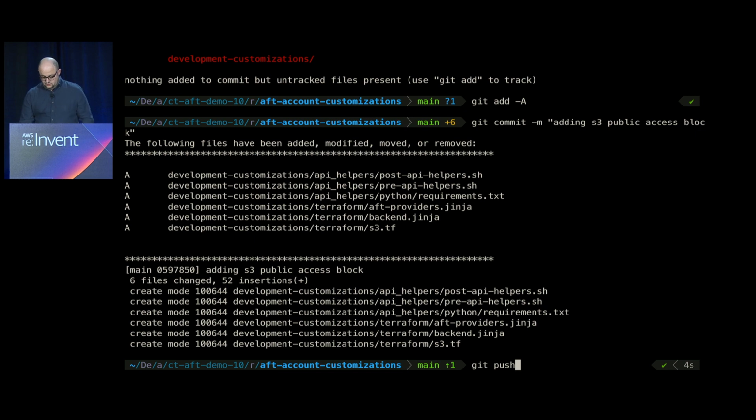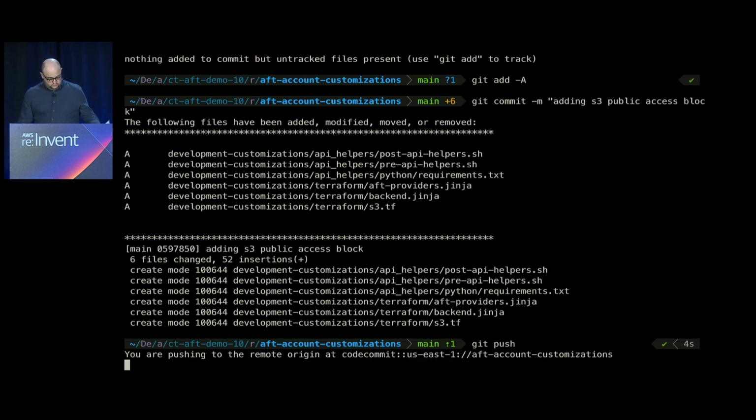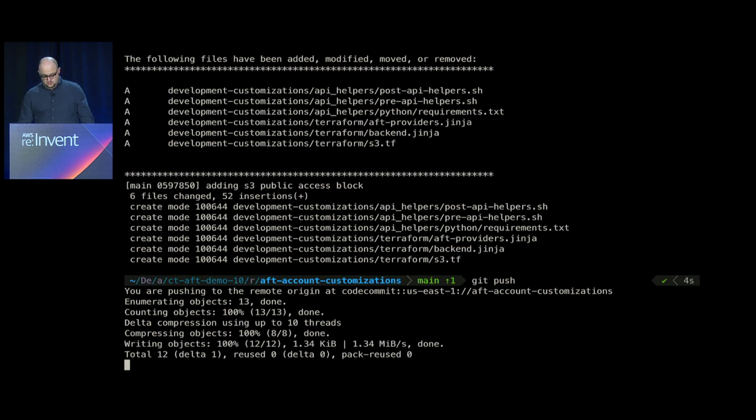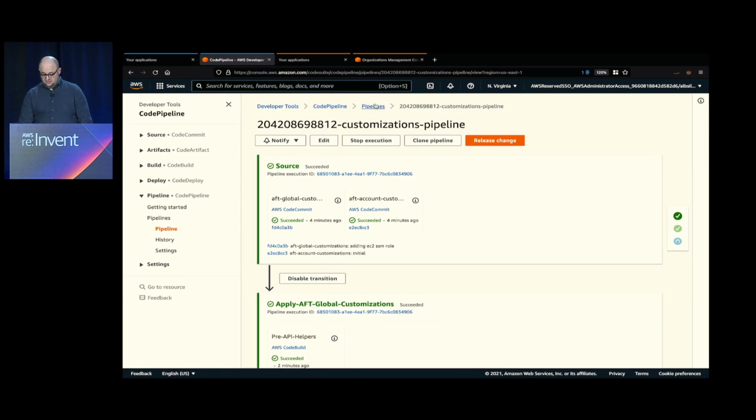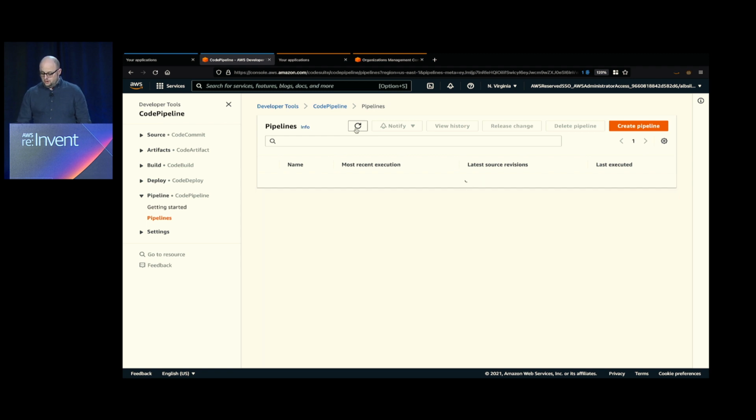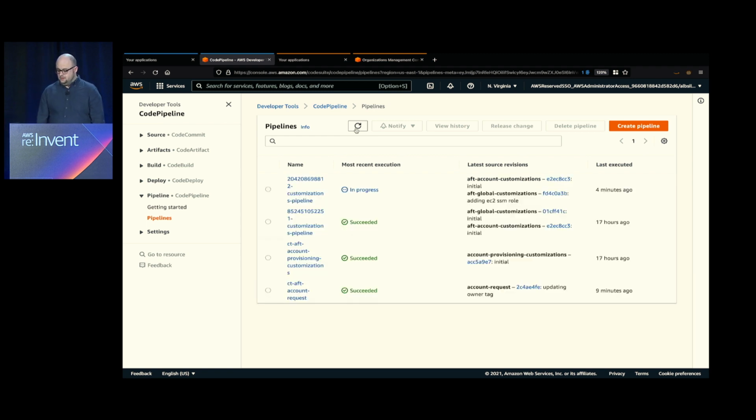And finally, we will do a push back up to CodeCommit. As you would expect from having seen the global customizations run earlier, this also does not trigger a pipeline. As you can see on the sandbox account, we have the new commit that we added earlier globally, but our account customizations is still at an initial commit. In order to apply those, we would have to go and recustomize using that event I showed you earlier.